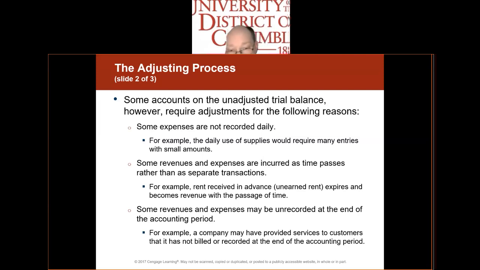An example, the example that your book gives is rent received in advance expires and becomes revenue with the passage of time. Example, okay. Let's say you have an apartment building, and you rent out apartments to tenants, and the tenants pay you rent every month for that month. A tenant might pay you a month in advance, okay. For example,